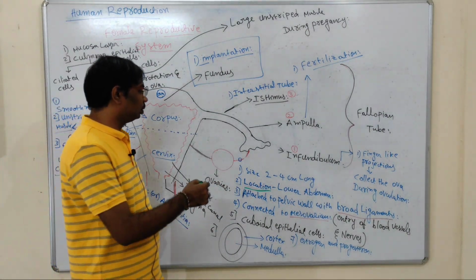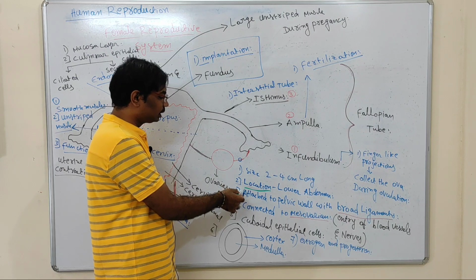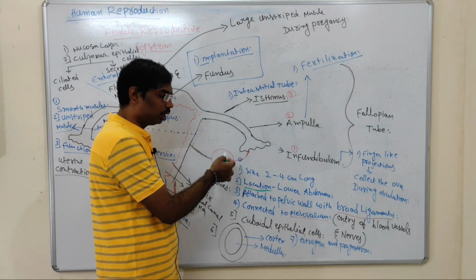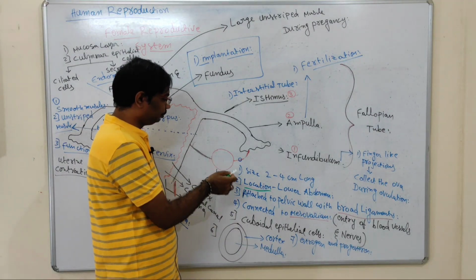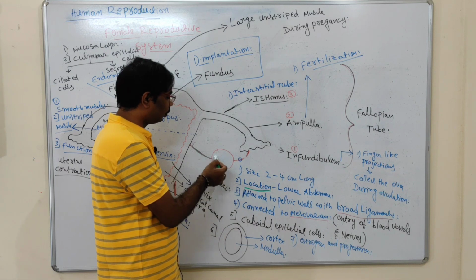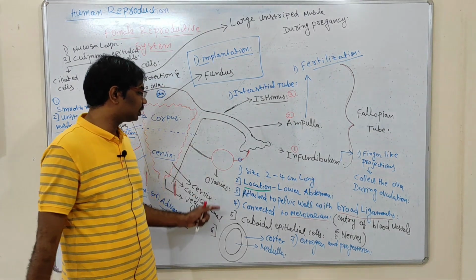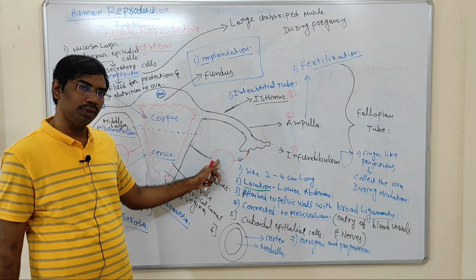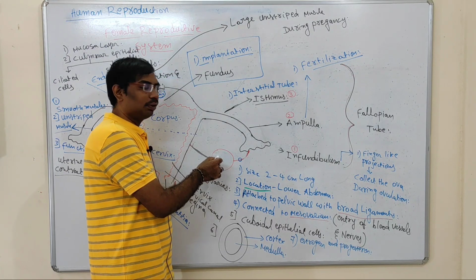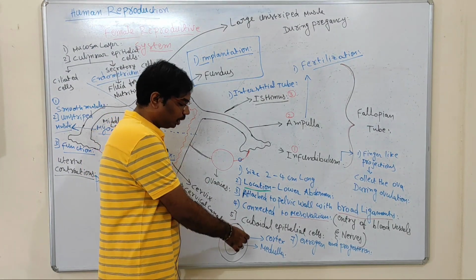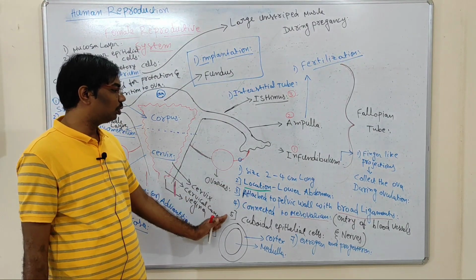So, the size of the ovaries is 2 to 4 centimeters. The location of the ovaries is the lower abdomen. The ovaries are connected to the uterus and the pelvic wall with the help of the broad ligaments, and to the mesovarian. Mesovarian means the area from where blood vessels and nerves can enter into the ovaries. After that, the ovary is covered by cuboidal epithelial cells and is divided into two parts: the peripheral part is called the cortex and the middle part is called the medulla. Okay, so this is about the ovaries.